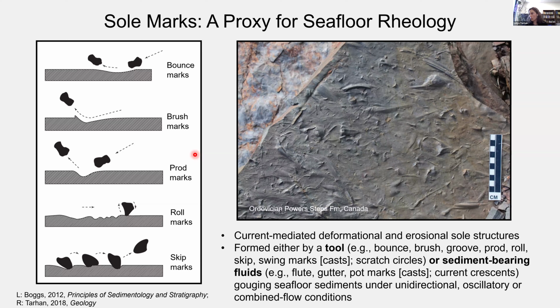And they're best known as paleocurrent indicators because they tend to be very strongly oriented, aligned to directions of flow. However, it turns out they're also excellent paleorheological indicators because a large body of experimental, observational, and theoretical work has established that these features can only form in sediments that are cohesive or hydroplastic. They will not form in soupy, well-bioturbated sediments. So if we look back at our geologic archives, can we say anything on the basis of the soil mark record about changes in the erodibility or the rheology of the uppermost portion of the seafloor?